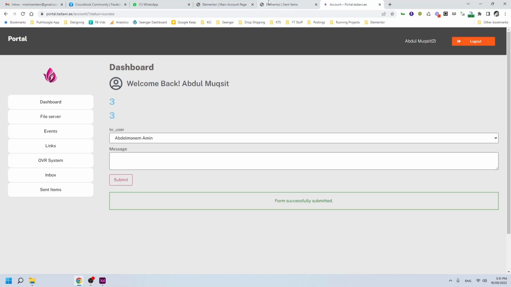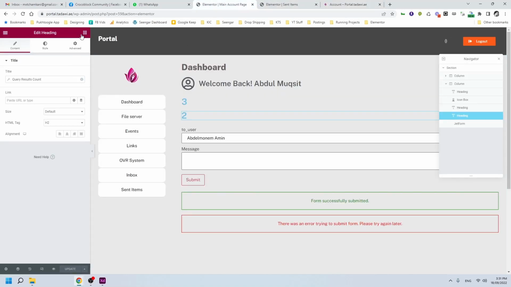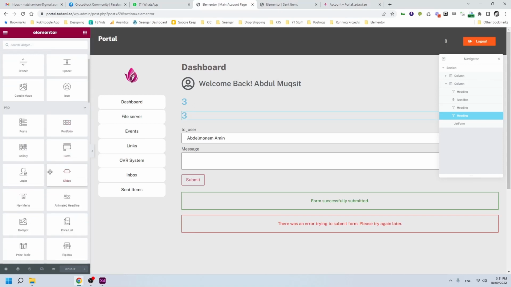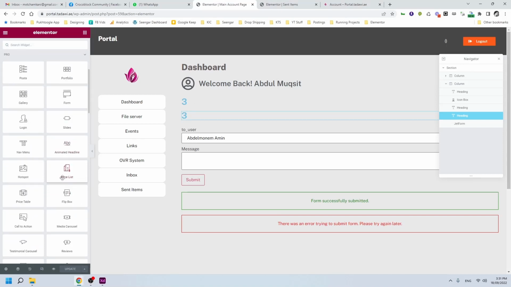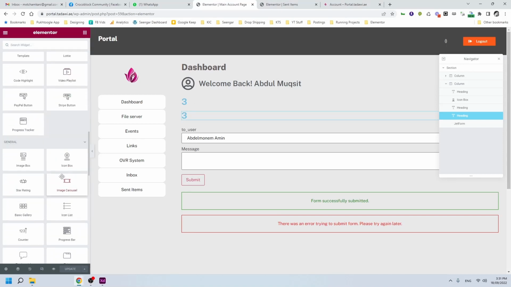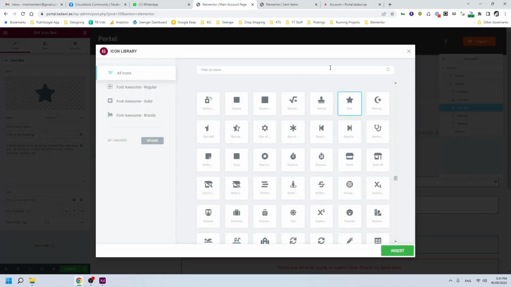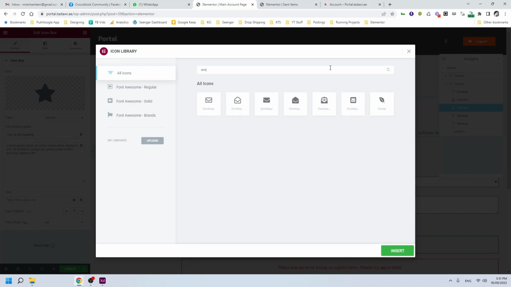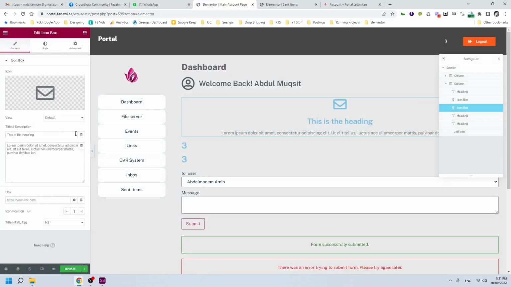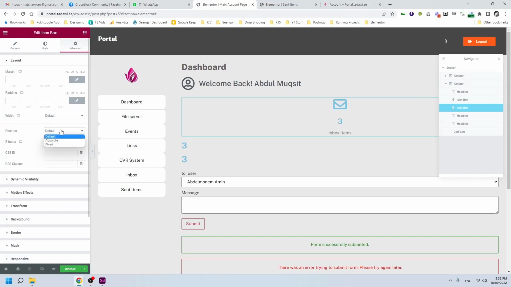3. Okay, so this is a highly customizable system. It's totally up to you how you want to customize it. So let me take an icon box, and here I will check for envelope. Okay, and here I will choose the same logic, query result, inbox. It shows 3 inbox items. Okay, let's make it inline,